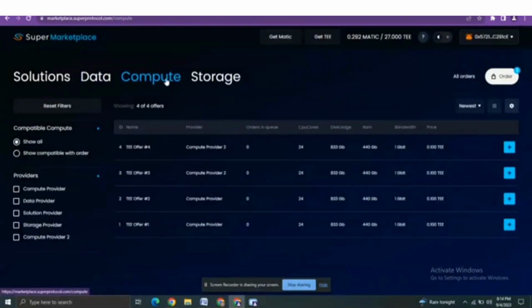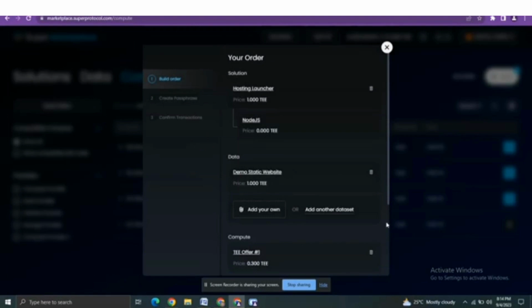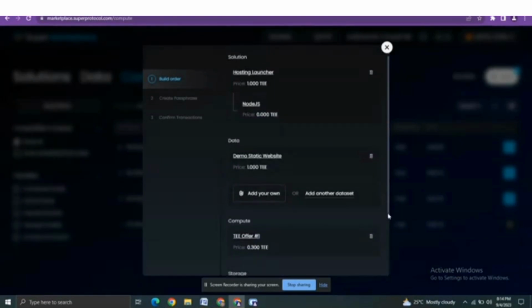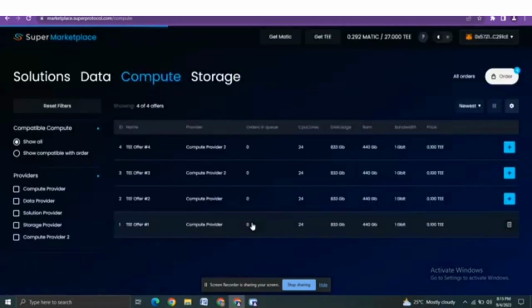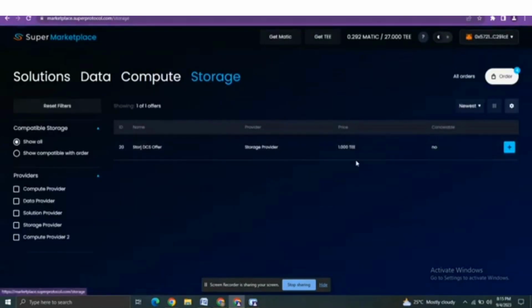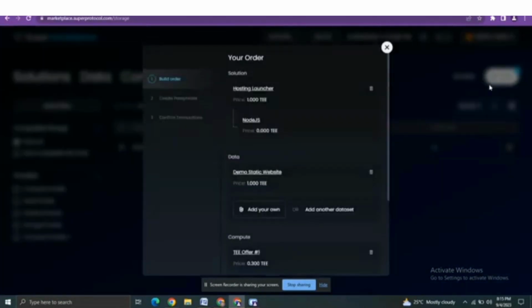Now there are only 4 options available. I just have to pick the first one because they're all the same. So I'll add. Alright, let's add the one under the last one. That's number 1. Since they're all the same, the next thing to do is to add the storage provider. There's only one storage provider, so I'll just add that immediately and proceed to